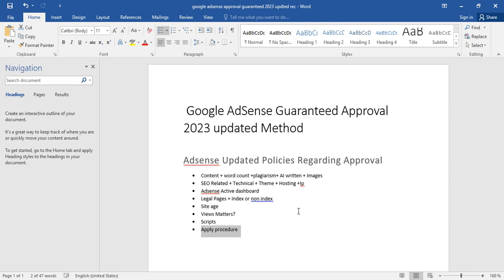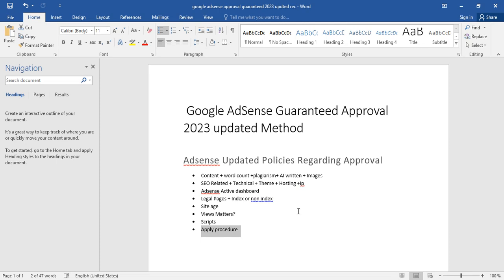If someone gives you incomplete work, why would you give them money? If you are hiring someone for your work and they did not complete it, why would you hire them? So think about your topic, think about your niche. If the articles you wrote on your website cover your topic to a good extent, which can satisfy a user, then you can apply. There is no specific number of articles that you should have. So keep this point in mind. It's very necessary. You should satisfy your user. You should have enough content to cover a topic to a good extent.